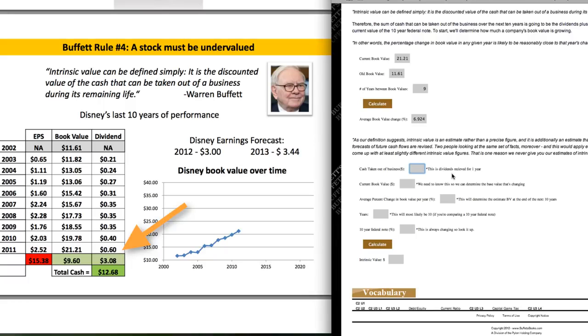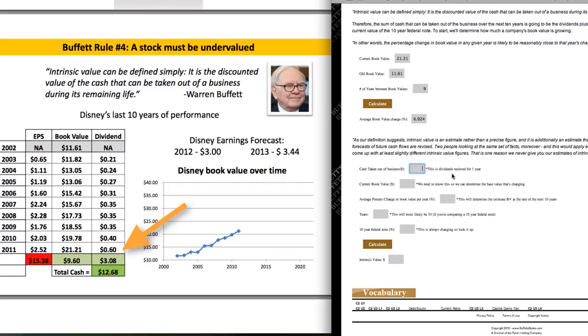For me, most companies, whenever they set a dividend, set that dividend at a fairly conservative value, because whenever a company lowers their dividend, it usually has an enormous impact on the stock price. So whenever Disney raised their dividend up to 60 cents, they probably did that as a pretty conservative move, knowing that even if they go into hard times, they're going to be able to continue paying that 60-cent dividend. So for me personally, I'm comfortable using 60 cents in here for the calculator.